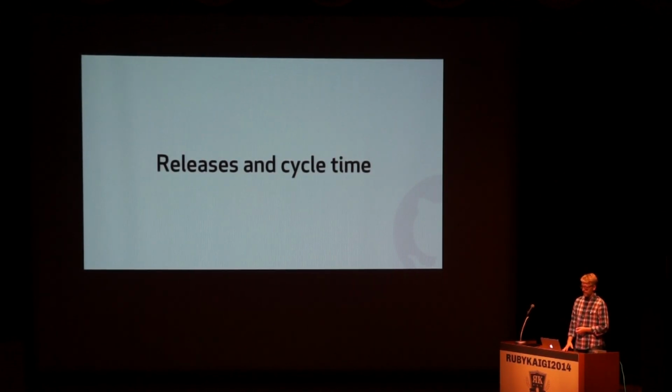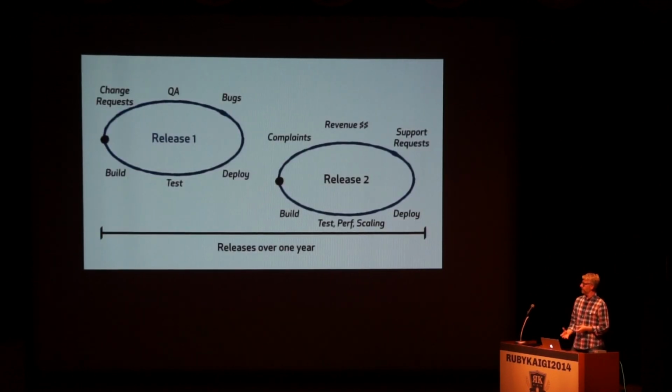So continuous delivery ties a lot into releases and cycle time. What does it actually look like when you shorten the release time, the cycle time down? Here's kind of feedback loops in a traditional software world. You can see on the timeline, you have this is going out over 1 year, and there's basically two significant